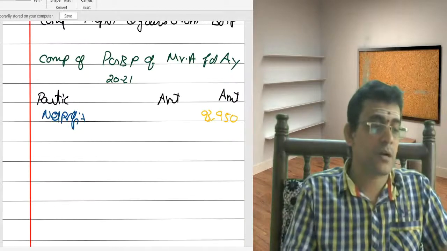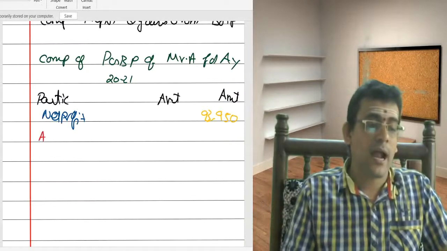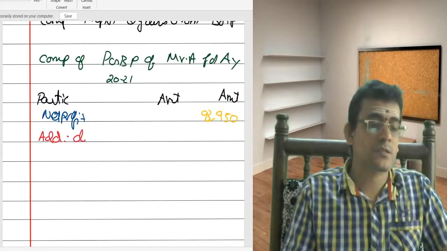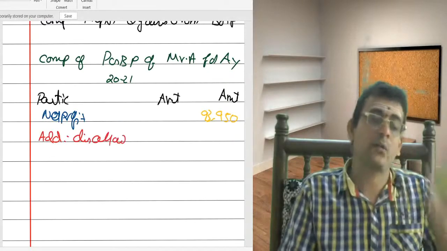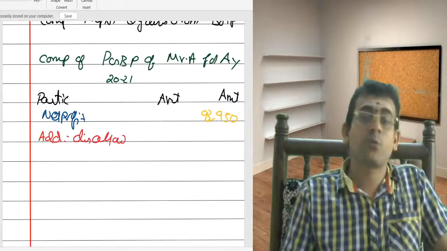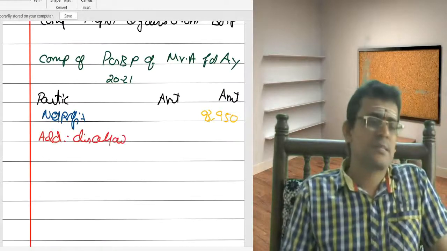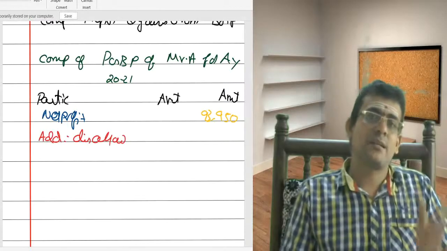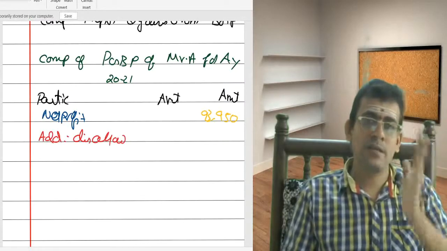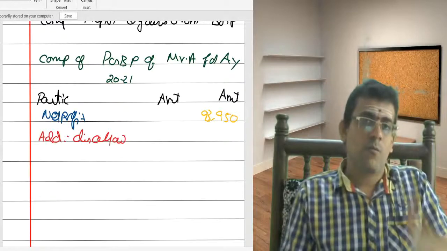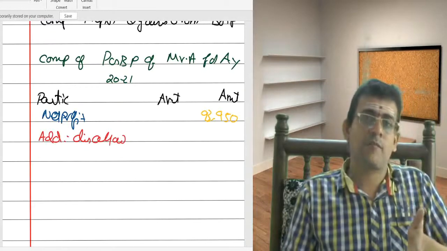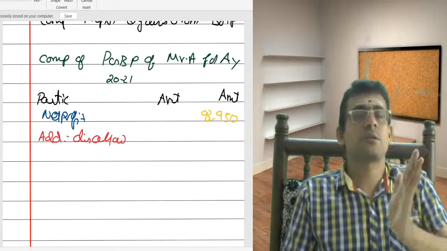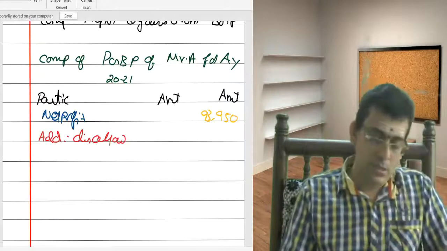To this, section 29 says add disallowances. So the first part of 29 says add disallowances. Whatever disallowances are there, I need to add. So how do you start your problem? Just take your net profit, put the term disallowances, read the profit and loss account, cover the debit side of your profit and loss account. Once you cover the debit side, you should focus on the adjustments given. Now let us go to the profit and loss account.